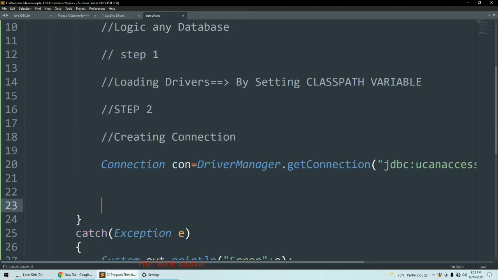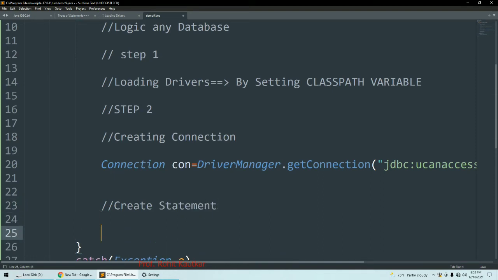Now step number 3 is creating a statement, for executing a query. So how will we do that? This is step number 3, create statement.